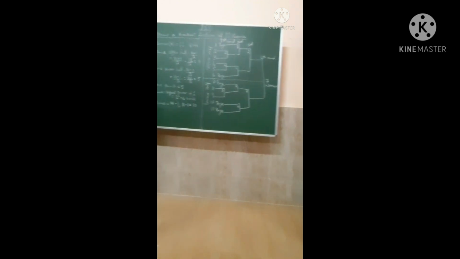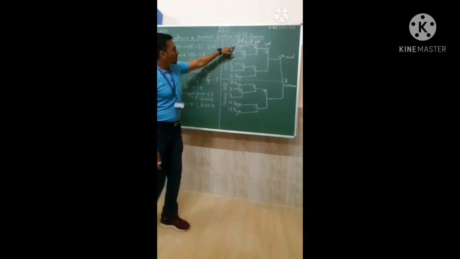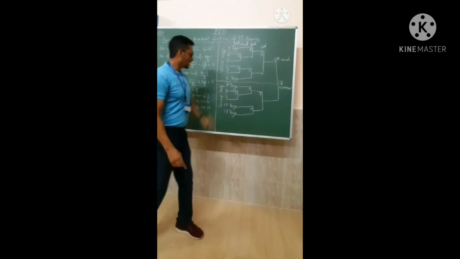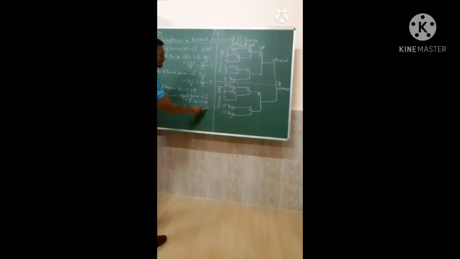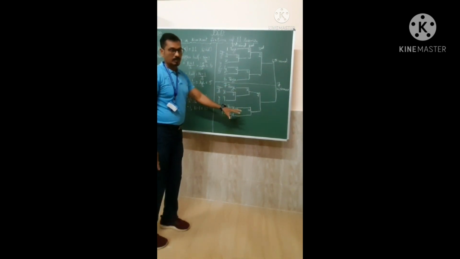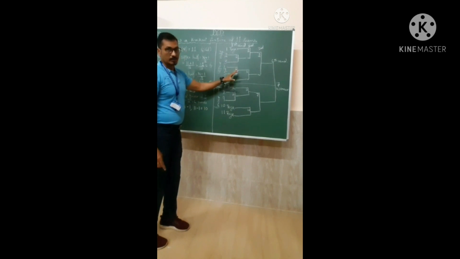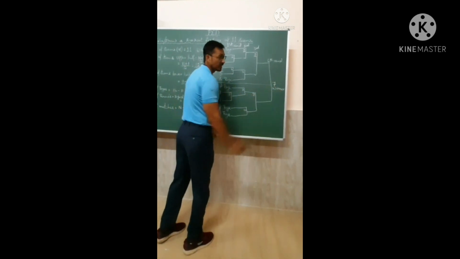Exactly as we said here, how many rounds are there? 4 rounds here: first round, second round, third round, fourth round. And the number of matches we calculate will be exactly 10 matches in this tournament. This is the way you make the picture, and the winner is declared here.